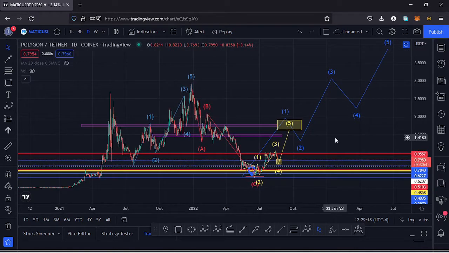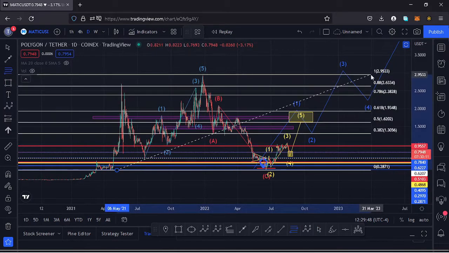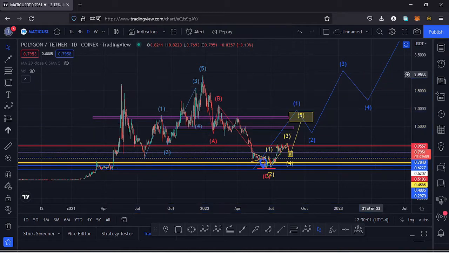But before we see the formation of our wave 5, which I expect will be taking us back to an all-time high, I first need to see the formation of our wave 1 of this Elliott wave structure, and I have a target area here on the charts for that first wave to the upside at around the $1.92 mark and the $1.63 mark, and I'm basing it on the Fibonaccis. So if I use the Fibs connecting the low down there to the all-time high, you can see my yellow target area lies between the Fib level 0.618 and the Fib level 0.5, which is the minimum that I expect that first wave to the upside to do.